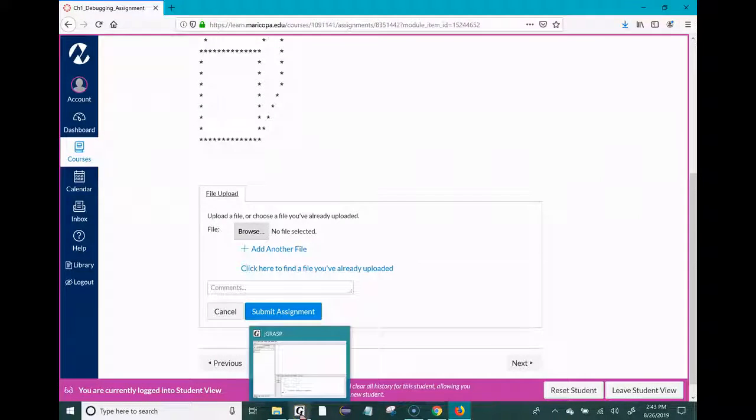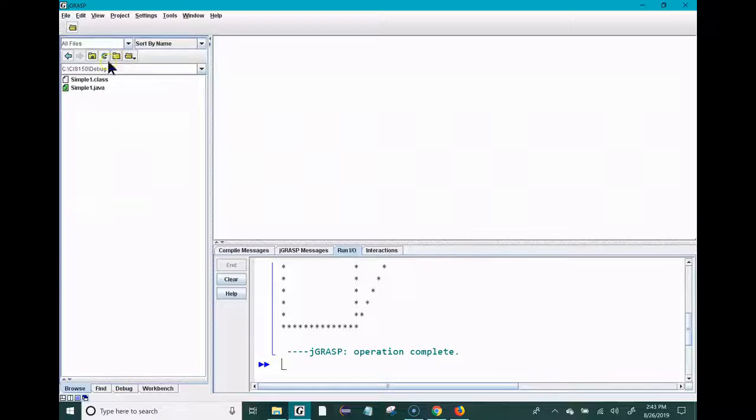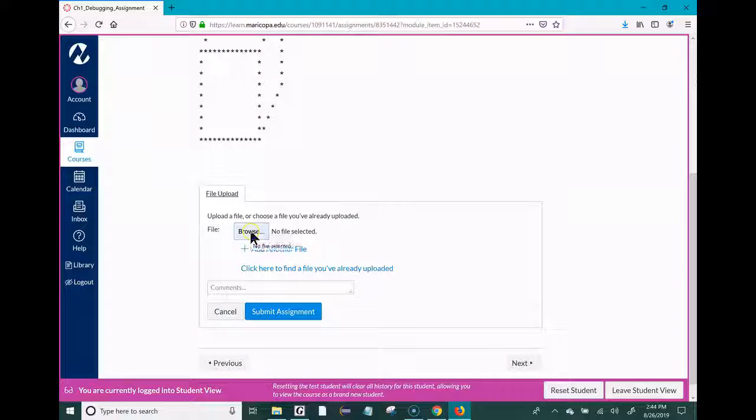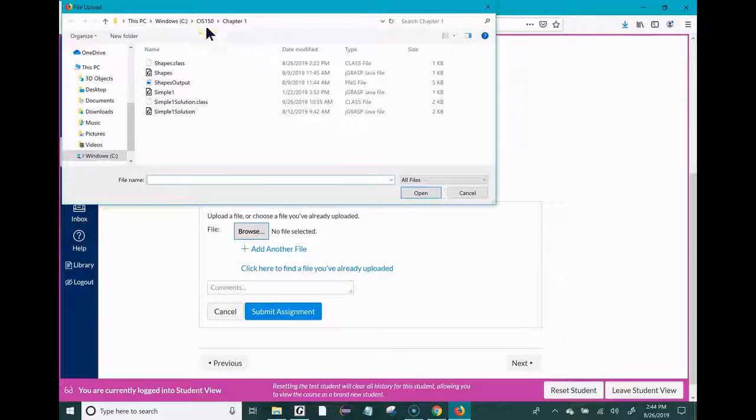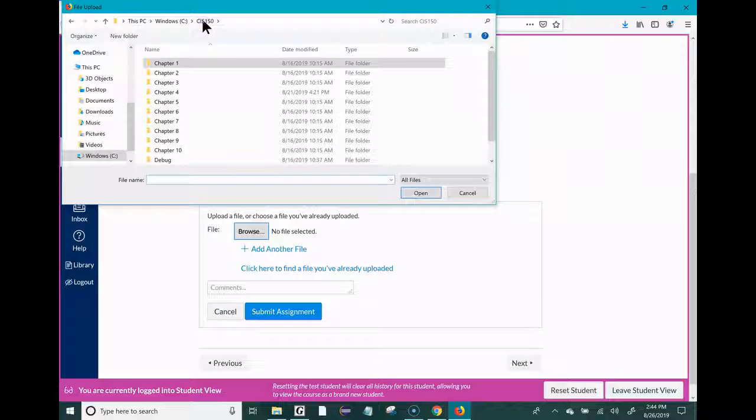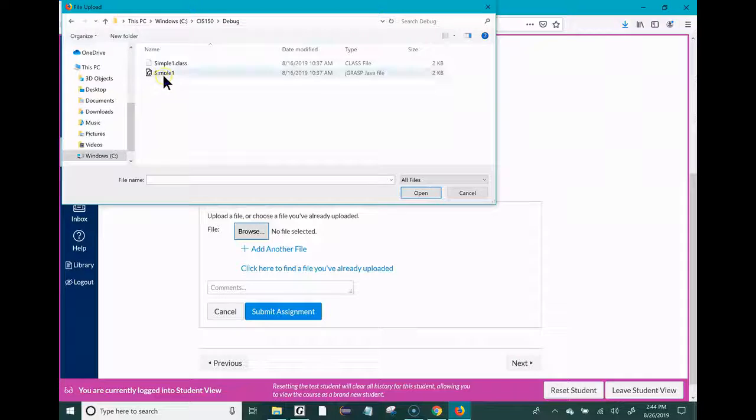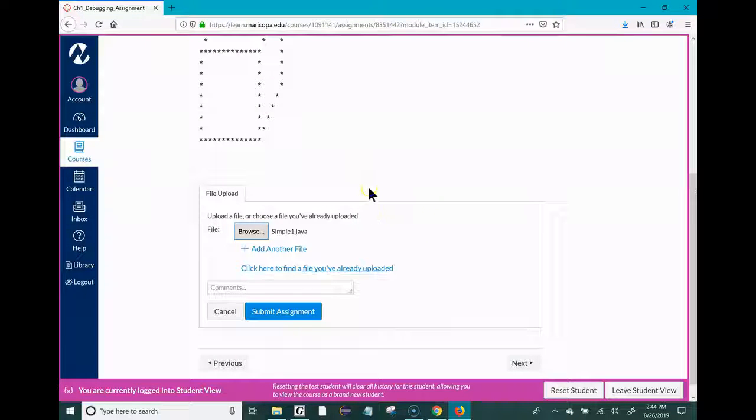Again, if we go back into jGRASP, you want to verify where you've saved that simple1.java file. It's found under my CIS150 debug directory. So let me go back into Canvas, select Browse under File Upload. And what I need to do is find that directory, so CIS150, debug, and then I will just go ahead and select the simple1.java file and click on the Open button. Once I've clicked on the Open button, this is the only file I need to upload, so I will just go ahead and